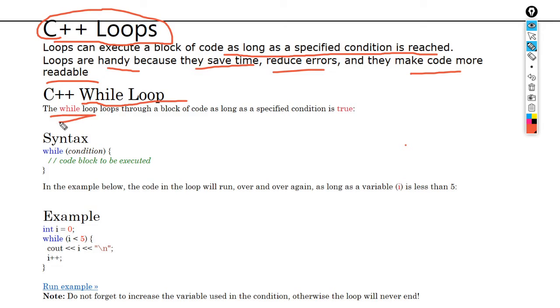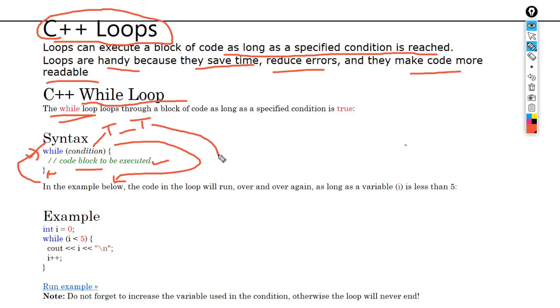While is nothing but a loop, that is, while this, then do this. Here you can see the syntax for while: round brackets, inside it the condition, and then the block. If the condition is true, then this block is executed, or else it will come out. If it is true, it will execute, it will come here, and then again it will check the condition, and if the condition is true again, then this block of code will be executed again. So this is the repetition purpose for which we need loops. Here you can see one small example.